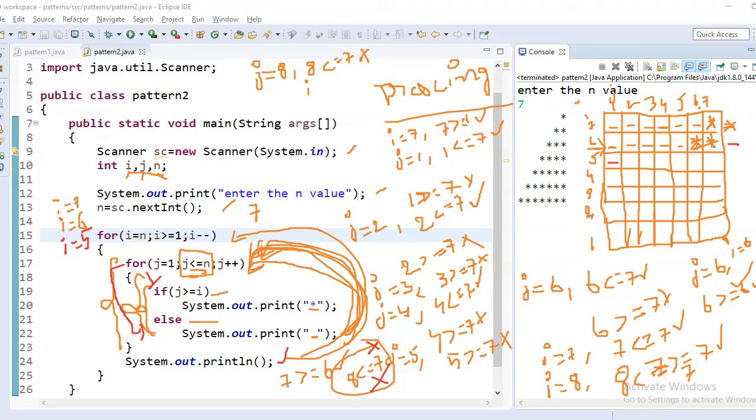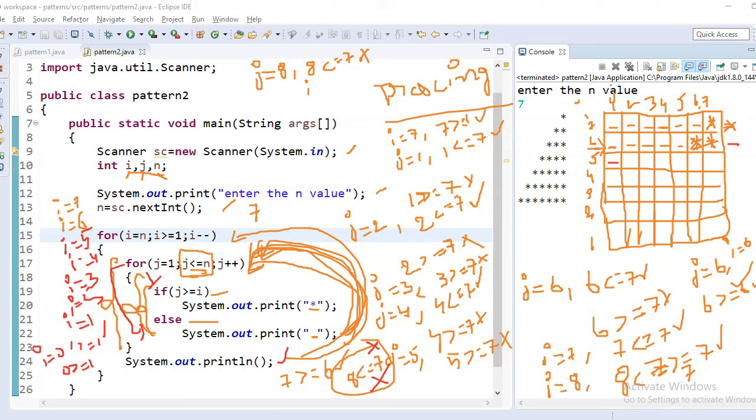Like that, i value equal to 4, i value equal to 3, i value equal to 2, i value equal to 1. Up to 1 less than or equal to 1, condition is true. Next, i value decremented, i value equal to 0. So here the condition is checking 0 greater than or equal to 1.